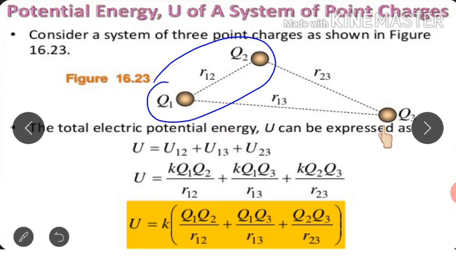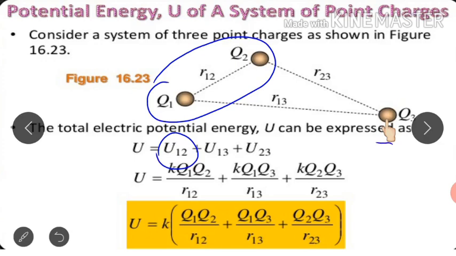Now suppose the third charge is brought into the picture. Now Q3 is the charge which is brought at this point. So how will we calculate it? At this particular point there will be the potential due to this charge and the potential due to this charge. So at this point there will be a total potential because of these two charges. See, this we have already finished because it is the electrostatic potential energy of a system of these two charges. Now we will talk about the third charge.